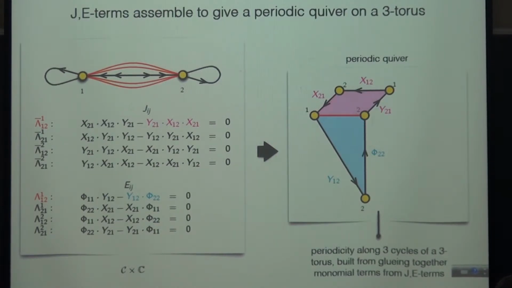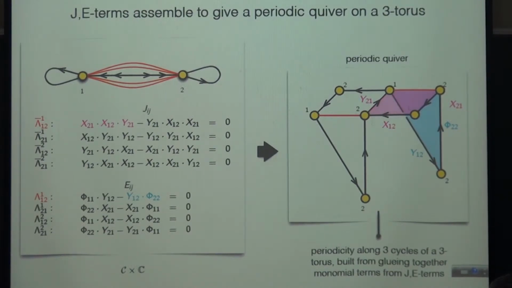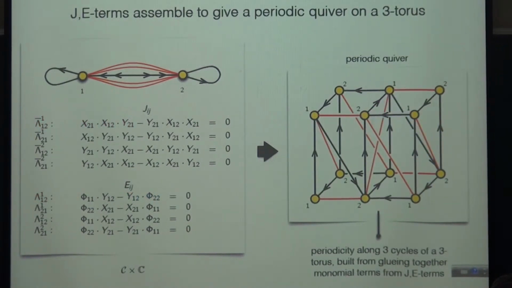If I successively pick pairs of monomial products, they will again correspond to different coupled paths in the quiver diagram. And then if I continue to pick these pairs of monomial products in the J and E terms, I can start to glue together the corresponding paths in the quiver diagram to obtain something which is intrinsically periodic